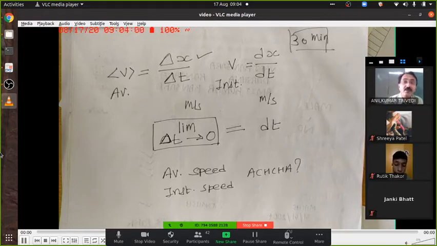But if somebody asks you that when you passed through this one particular village, what was the speed? Then you have to look at the dashboard and you would have recorded that. This was the speedometer. So depending upon the situation, we use average speed or instantaneous speed. In physics, nothing is good, bad or ugly. Everything is useful. Okay?